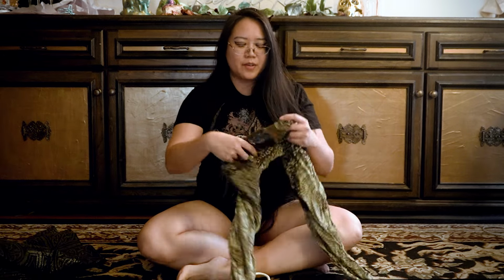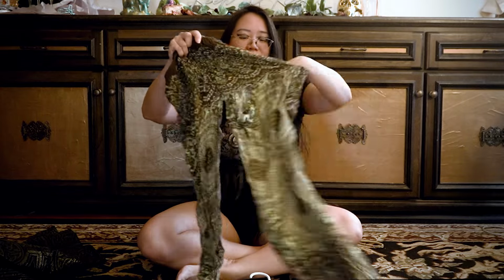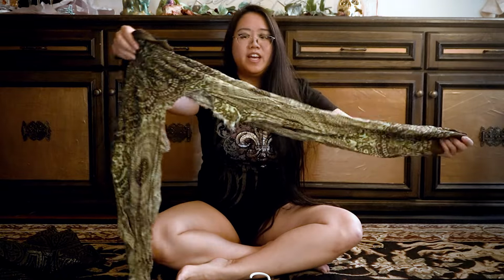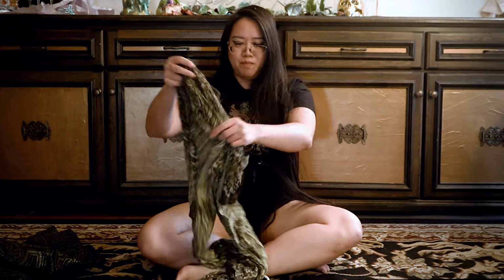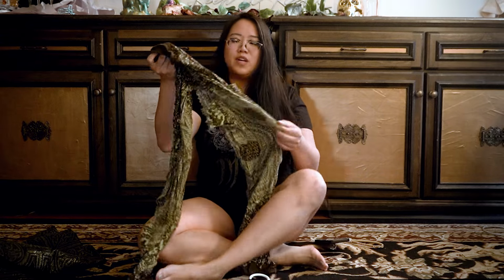Today I'm going to be sewing together a new shirt that I hope is going to be reversible to a certain extent for my partner. So starting out with these were pants. At some point they had pockets, but as you can see, they ripped in the middle where the crotch is and they shrunk heavily. They are stretchy, but this doesn't fit him. He's like 6'3", so this probably will fit me if I sewed it together, but green and brown isn't my